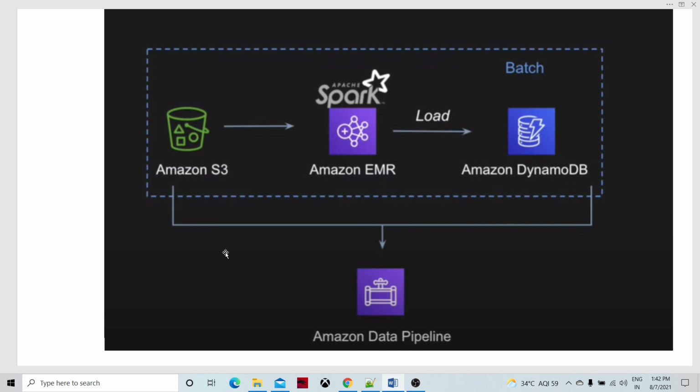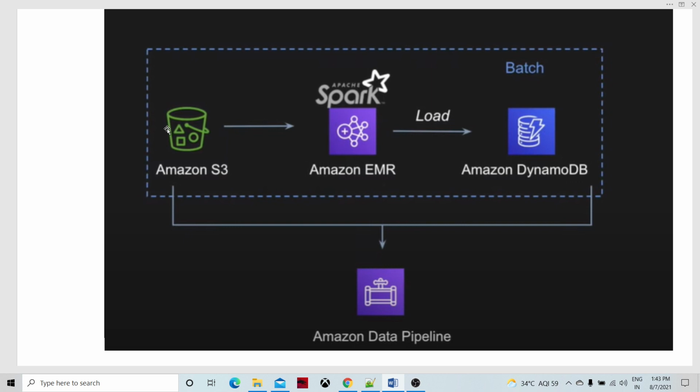What we can do is, as soon as the data lands onto Amazon S3, we can configure a Lambda function which is going to trigger the pipeline. So instead of triggering the pipeline manually, we can create a Lambda function which runs as soon as the particular S3 bucket is getting populated with the particular type of data.